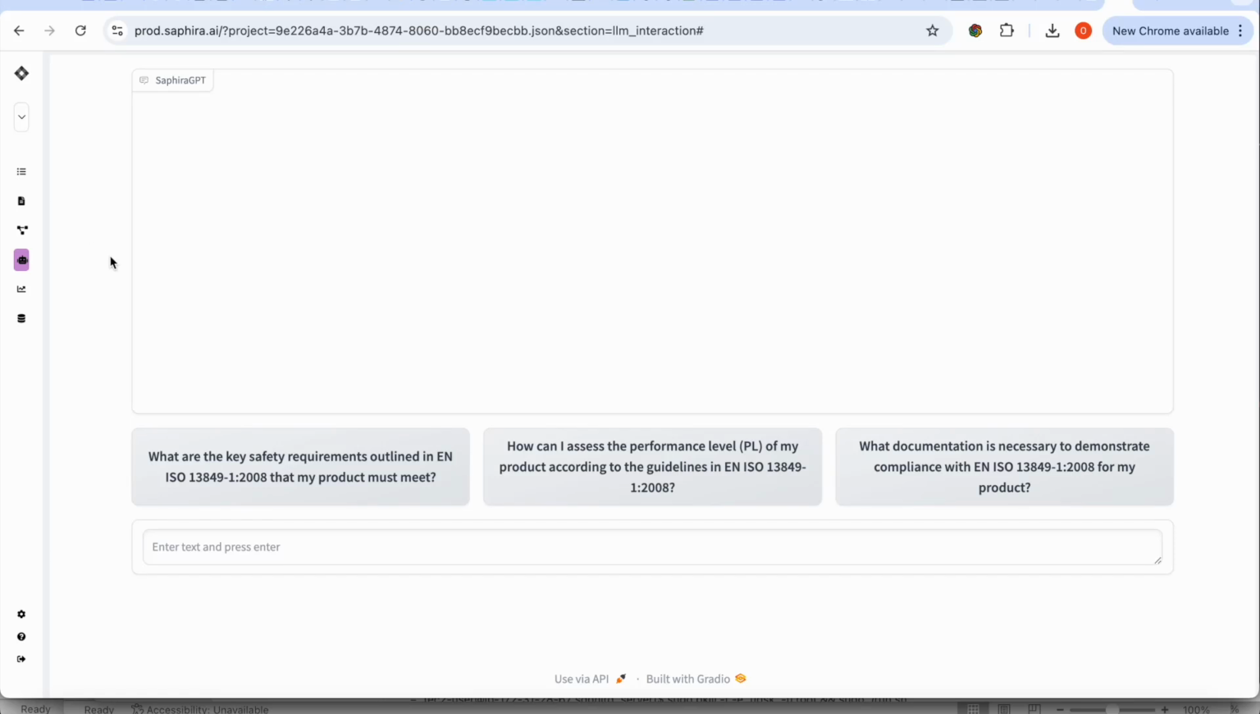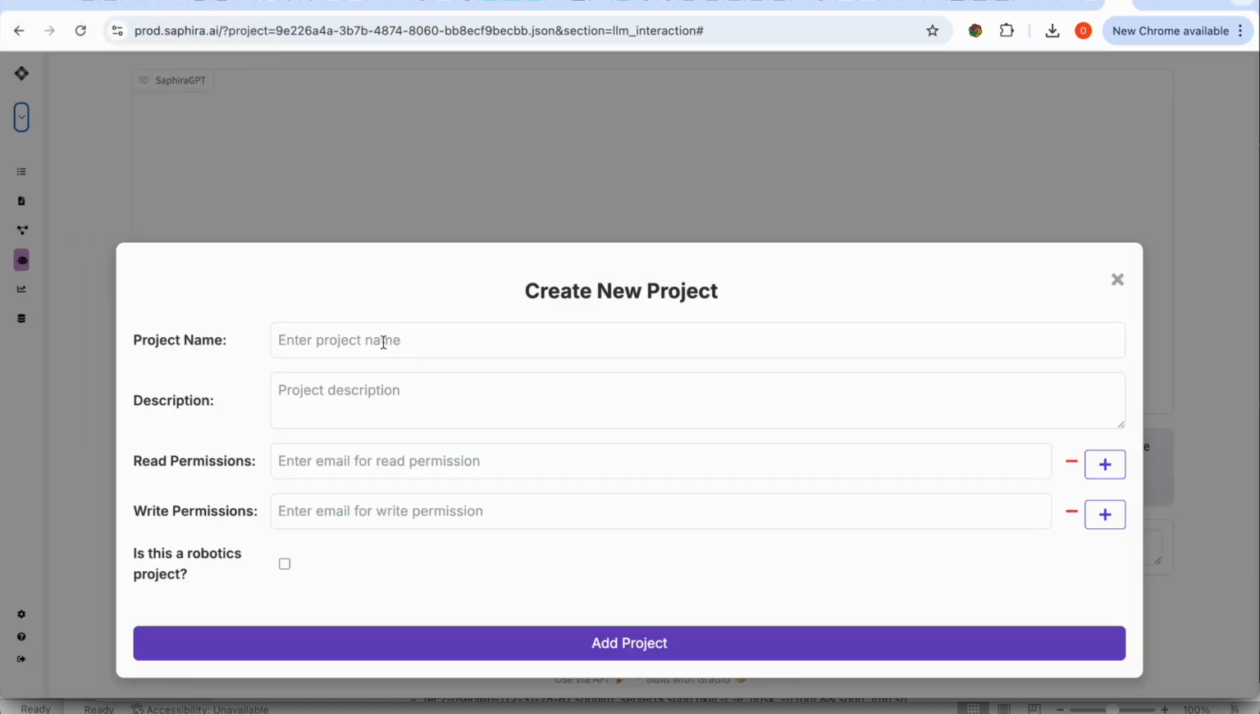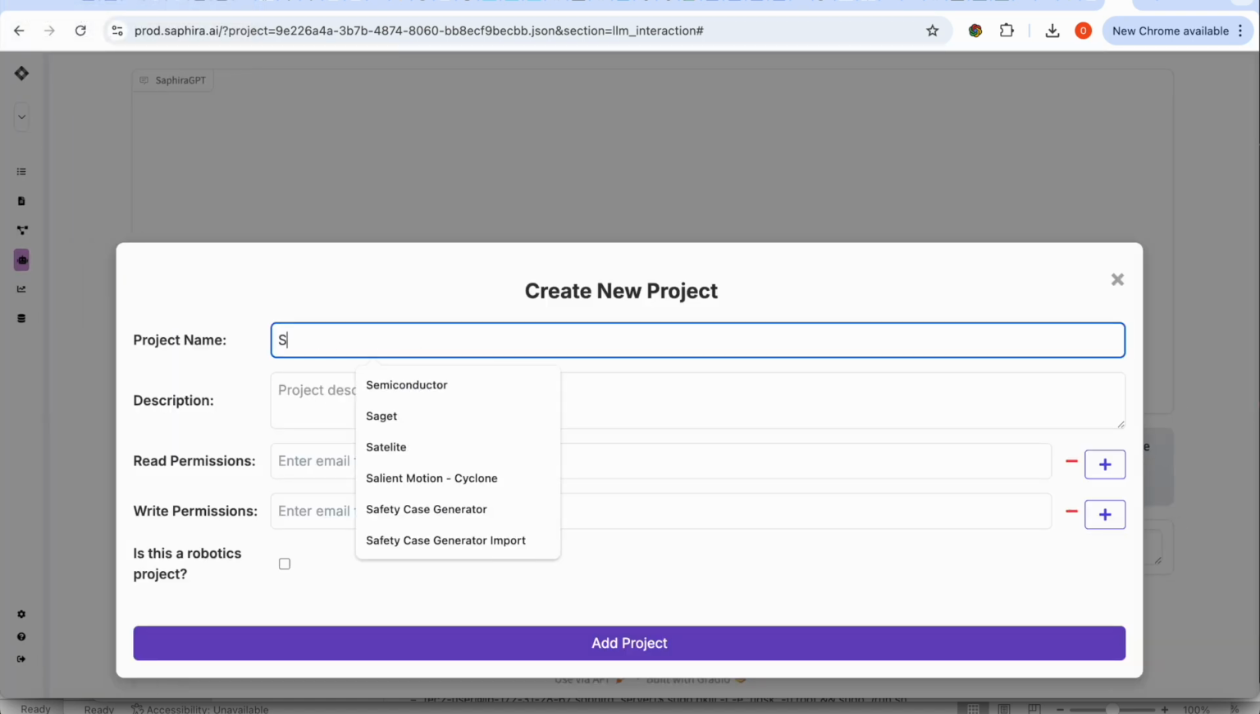Just giving a quick overview of the Saphira platform and how it can help you build a safety case for your robotic system. So here we're looking at the Saphira platform. I'll start by creating a project in Saphira. I'll call this safety case for robotic system, and I'll go ahead and actually select that this is a robotics